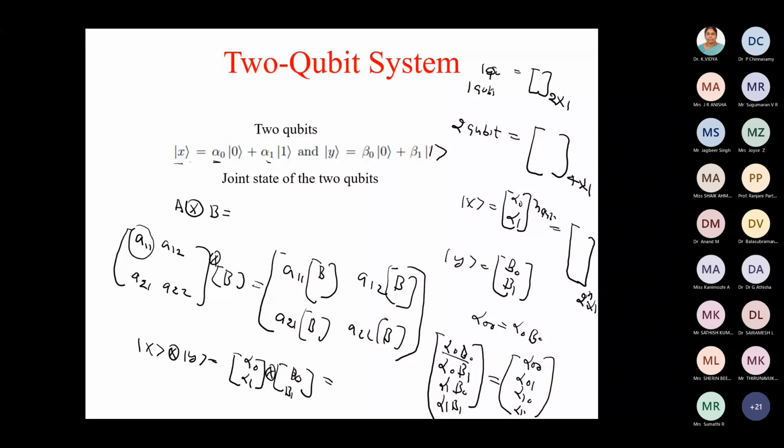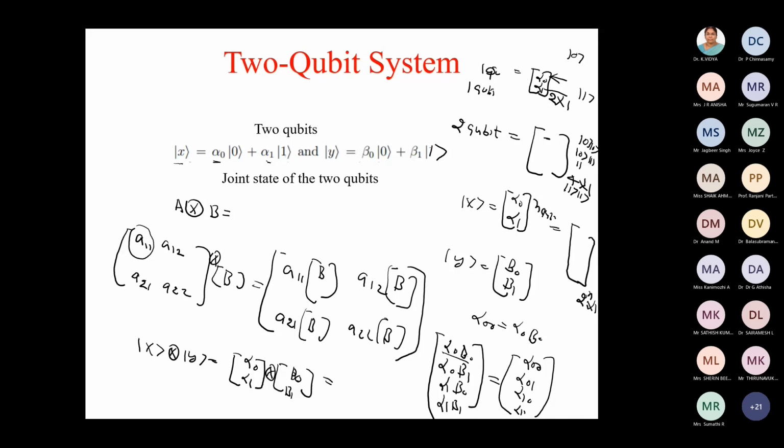Perfect. So what we are saying is that here these are coefficients of what? Suppose alpha 0 and alpha 1 are there. So what was this alpha 0? It was the coefficient of the 0 state. And here, what was this? Coefficient of 1. So in the case of this 2 qubit system, this first coefficient will be the coefficient of the 0, 0 state. Then it will be of 0, 1, then 1, 0, and 1, 1.